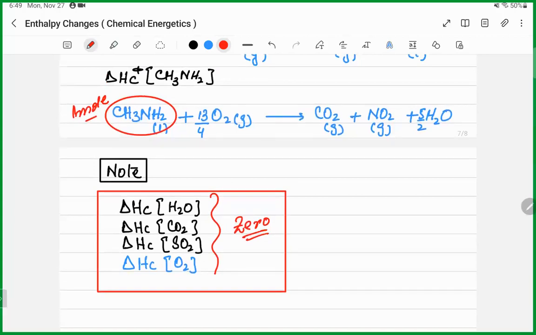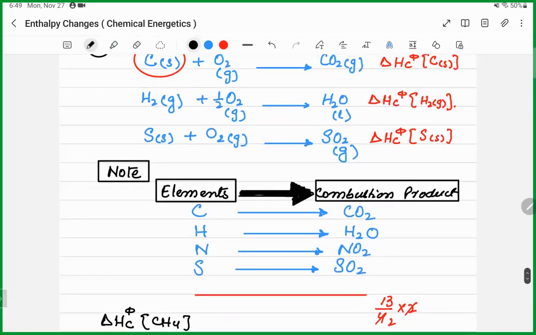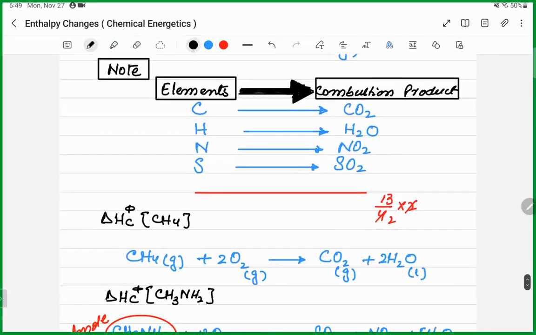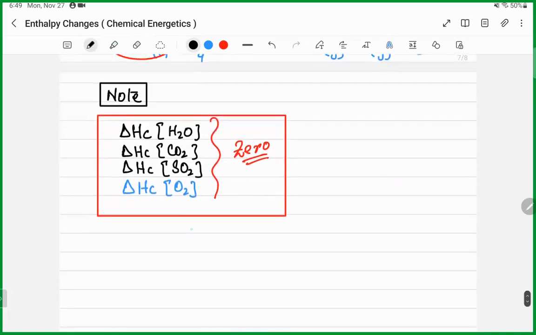N, NO2, yes, NO2 will also be in this list. See, whatever combustion product we have written on the right hand side, it's a proof that these cannot be further combusted. Otherwise why would we get that, we would get the product in which these combust. Okay, so this is all about combustion. Let's talk about another definition, and that's the last definition before